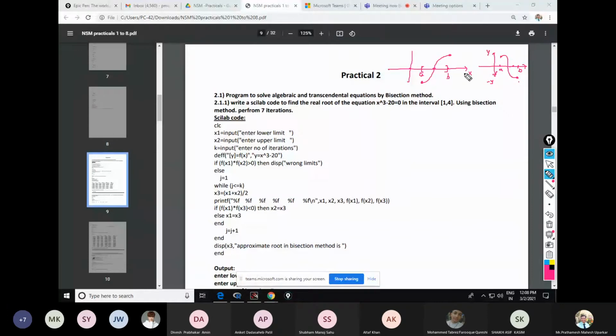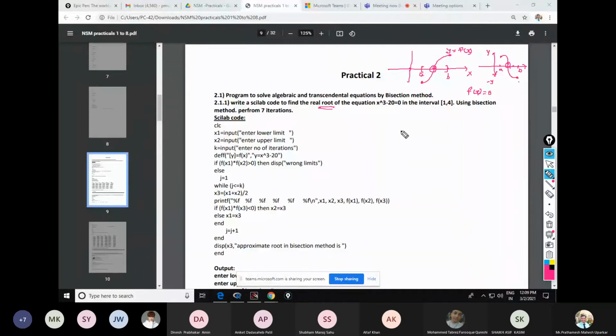So the aim is to find the root. And what is the root? Root is this particular point where it intersects the x-axis. Root is a point where the value of the function f(x) is equal to 0. The graph we generally draw is y = f(x). When the y value is equal to 0, at the point perpendicular to it, the value is 0. So whenever f(x) is equal to 0, we call this the root of the equation.